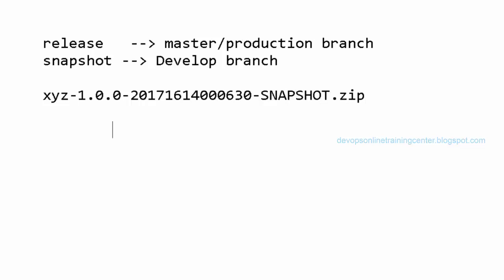So it will be like this. This is the binary or artifact of application XYZ, right? If it is a release, it will be something like XYZ 1.0.0.zip. This is the release version. This is the snapshot version.